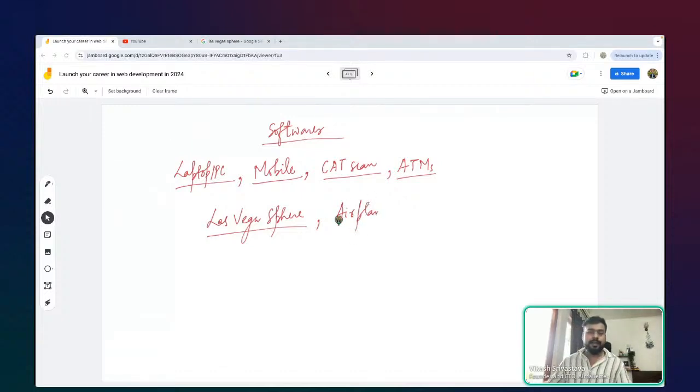A regular airplane runs around 95 or 97% of the time on autopilot, right? What is even autopilot? That is also a software, which is gathering a lot of data with the sensors regarding speed, altitude, temperature, and a lot of other things. It's measuring and gathering all of that data, and then it is trying to steer the plane based on that. So there is some software which is doing all that kind of stuff.